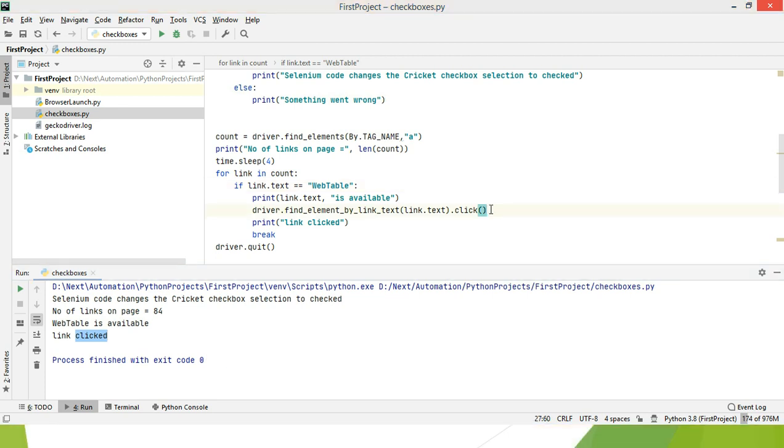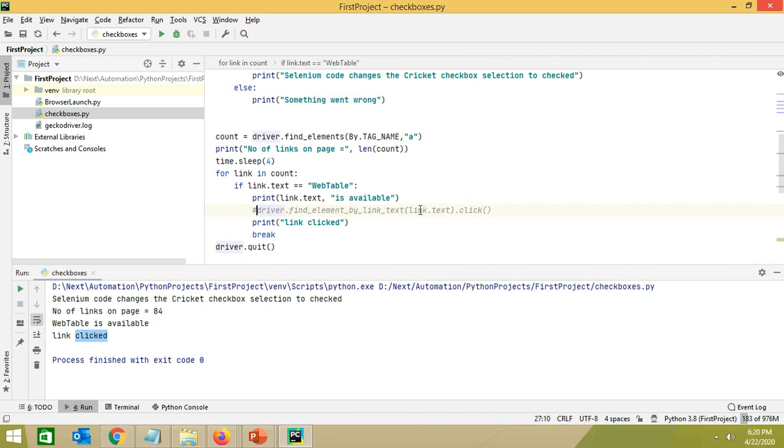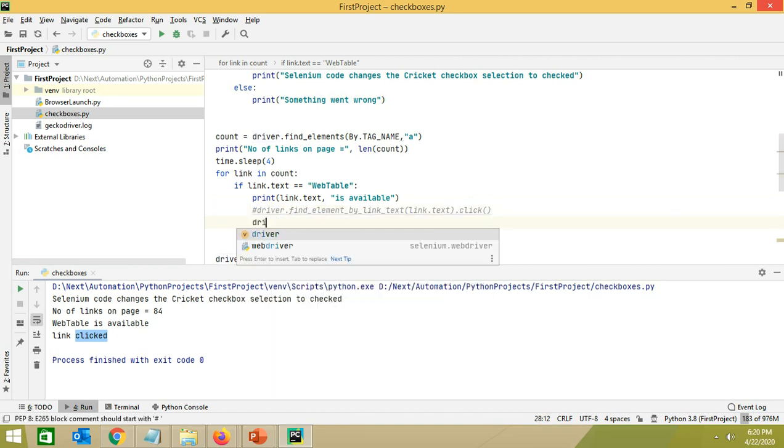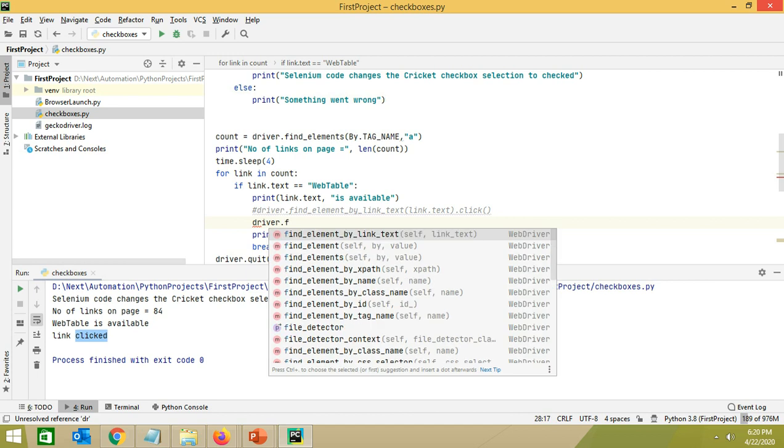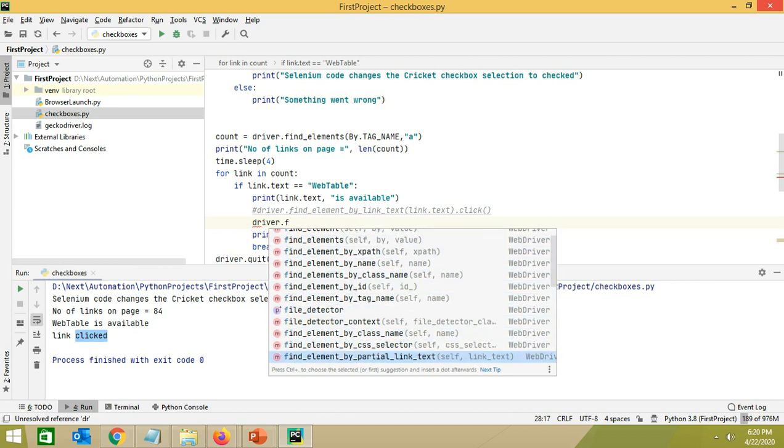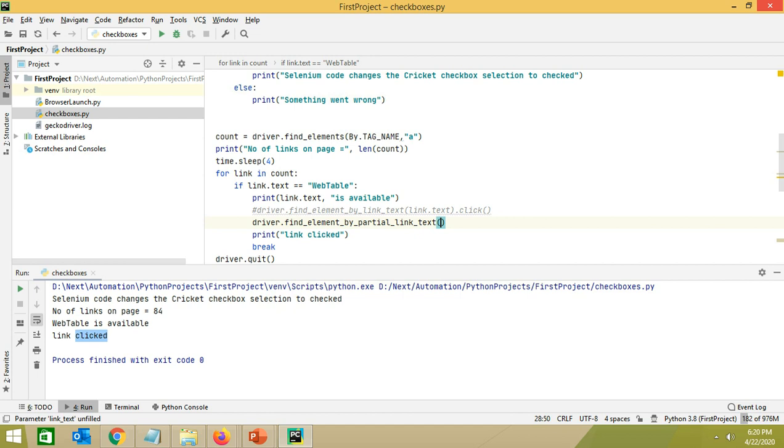So there is one more thing we can use here. Instead of this, we can also use driver dot find element by partial link text. In this case we can also pass this value. Basically partial link text is the text from the link.